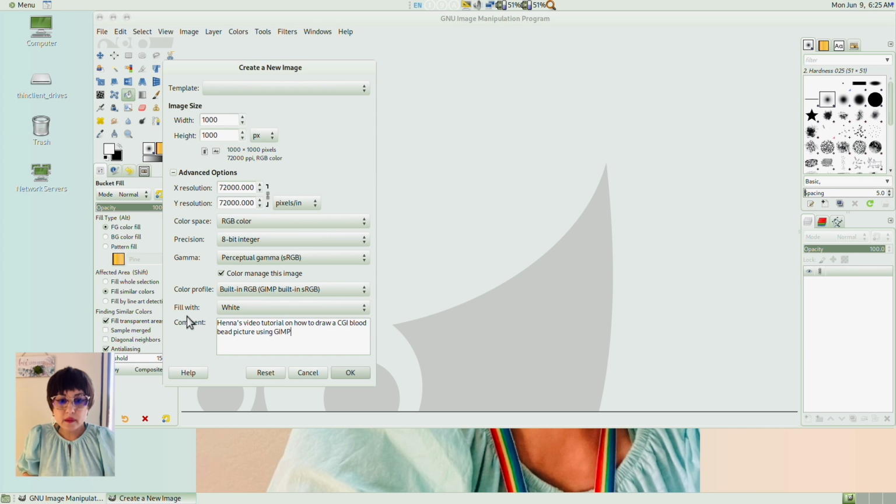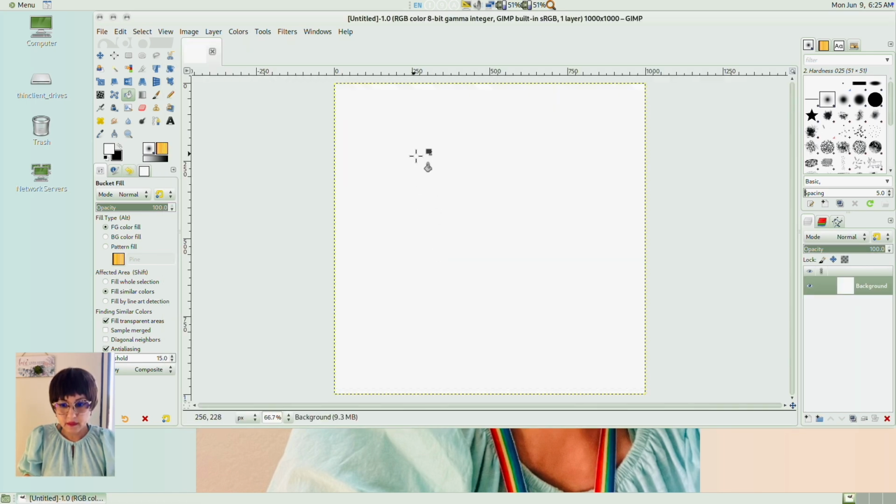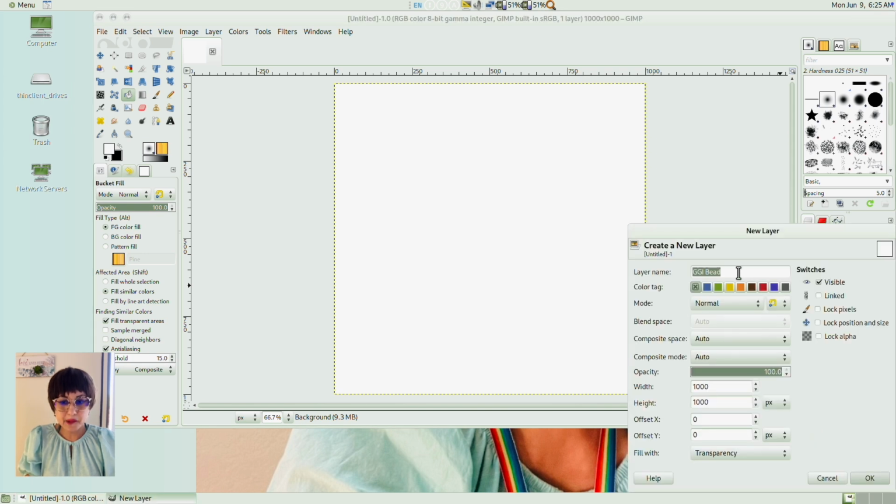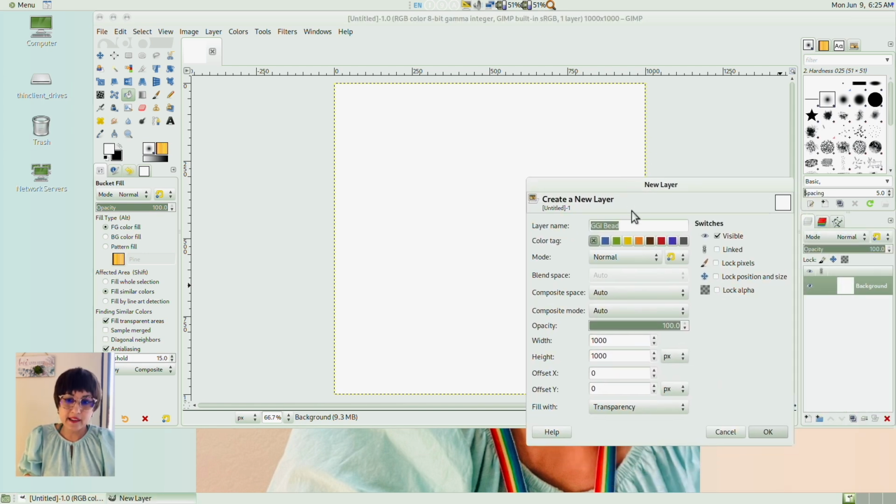And this video tutorial on how to draw a CGI blood bead picture using GIMP, Image Manipulation Software. 3.3 megabytes. You know what? I might have put 72,000 pixels by 72,000 pixels instead of 72 pixels by 72 pixels. Oops. Oh well.